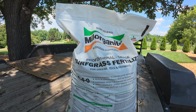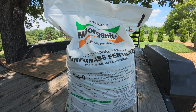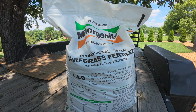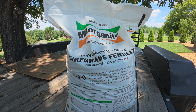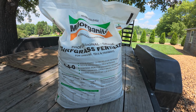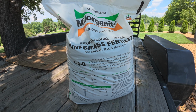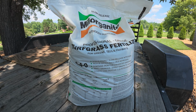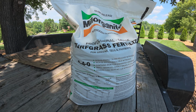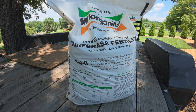Just like yesterday, I was going to spray my TM 4.5 and ready to go. Luckily, I hadn't started mixing it up yet, and here comes the rain. Rains me out, so that's getting to this next point. I don't know if I'm going to film applying this or not. I've got 2 things I got to get done today, and I can't spray until late afternoon, and honestly, I don't want to put this down until late afternoon,